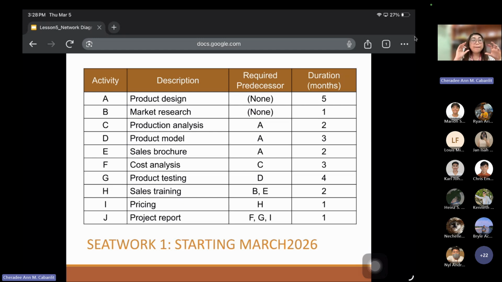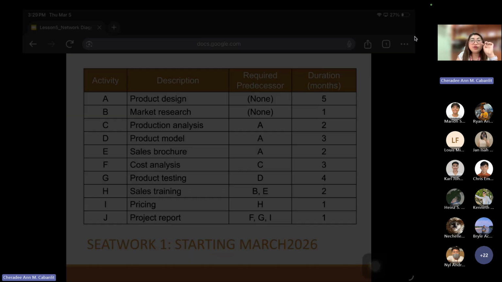Okay? So, what I did in the Gantt chart is in terms of days. Sa inyo ha, it's in terms of months. Alright? So what you're going to do is answer it. I will get back to you by 4:15. So you have 30 minutes to answer. Write it in any piece of paper. Take a photo. Upload that in our chat box. And you have to also upload that in our Google Classroom. Then I will check your answers and we will show the answers after. Okay? Sige, I'll give you the time.